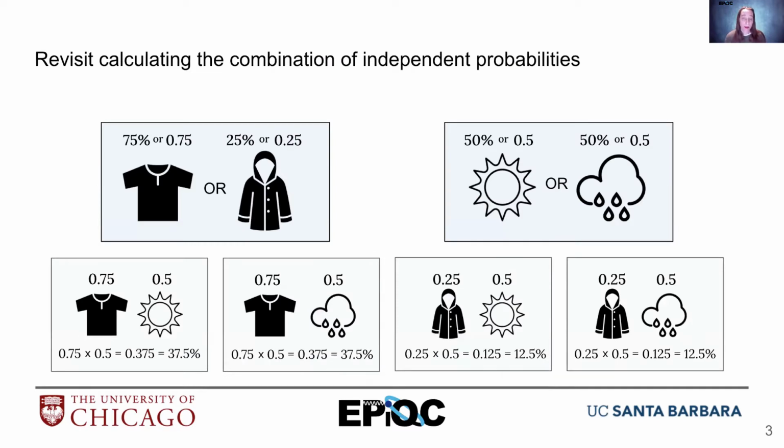All right, so the first thing we need to do is figure out how to express 2 independent qubits as a 2-qubit state. And this is very similar to the examples we saw before with probability. So with probability, you may recall we had a scenario. We had 75% chance of forgetting our raincoat and 25% chance of remembering it, and then a 50-50 chance of rain or sun. So in order to calculate the probabilities of each pair of combinations, we multiplied the probabilities of each individual one. This is the same process for quantum computing.